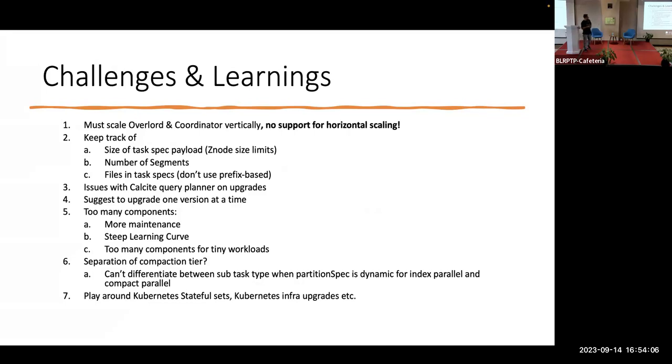Lastly, around Kubernetes, we don't really have time to discuss a lot, but around Kubernetes stateful sets, and in our case, the kops library that we use for setting up the Kubernetes cluster, when we upgraded those, we had a lot of issues. That was also because kops upgrades the Kubernetes version out of place. So you have new nodes where everything goes. And for the stateful sets, we had to learn a lot of things to get it working smoothly.